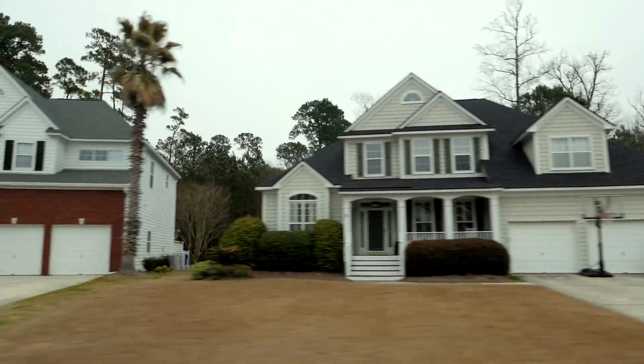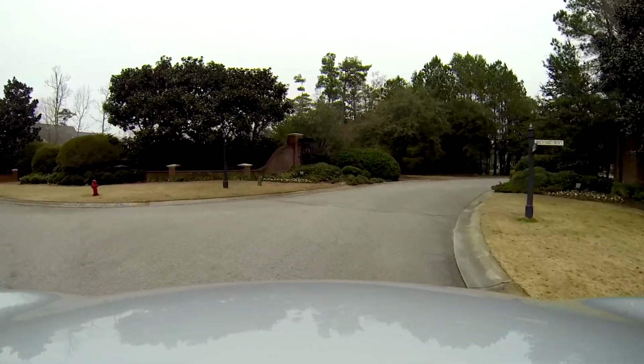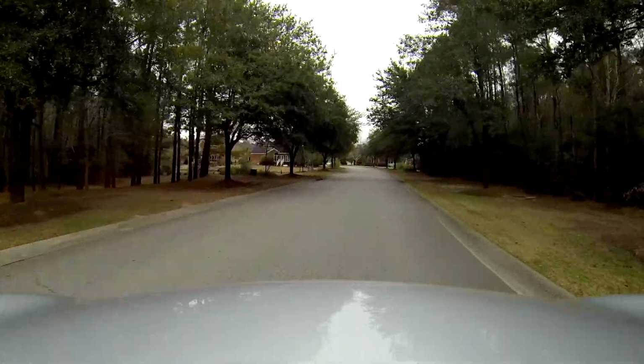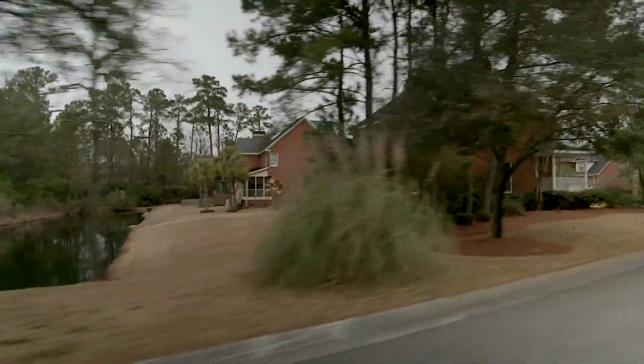And we've got one more to roll through, and then we're gonna head out of Brickyard Plantation. Tucked all the way in the very back is the Landings. And Landings is more or less a street you ride into, and it's a circle. And these houses all were built by John Whelan. I wouldn't say all of them. I think a buddy of mine lived back here, and I think they actually bought the lot and built themselves,